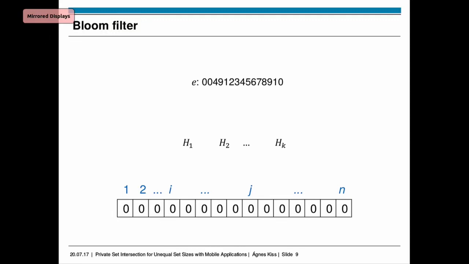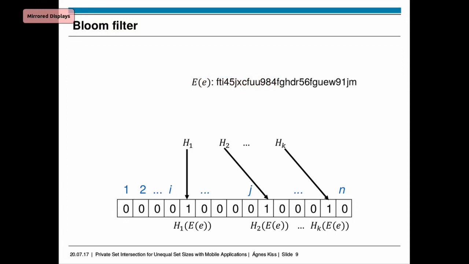And when inserting an element like a phone number, we first need to hash the element with all the hash functions, which define a position in this array, and we will set this bit to 1. And membership testing works the same, because we just need to, on receiving an element, hash it with the known hash functions and see if those bits are 1 or 0. And if they are all 1, with a small false positive probability, we can say, okay, the element is in the database.